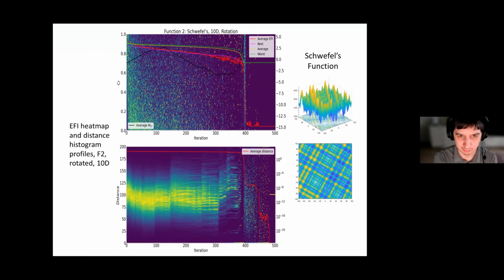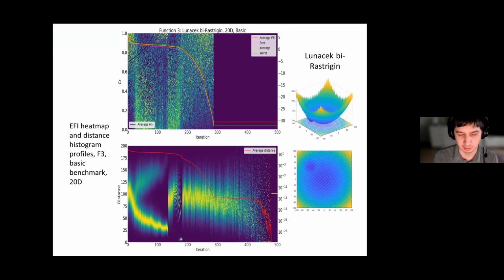But there are scenarios when something weird is happening. For example, this is the Bi-Rastrigin function. So we have like two Rastrigin functions sitting together. And here you can see that at the beginning, large CRs are good. Then small CRs are good. Then large are good again. Then small, then large. And it's like switching between small and large CR values. And our idea was that if we compare the average improvement and current fitness values, we can see that this switching happens when these two curves hit each other.